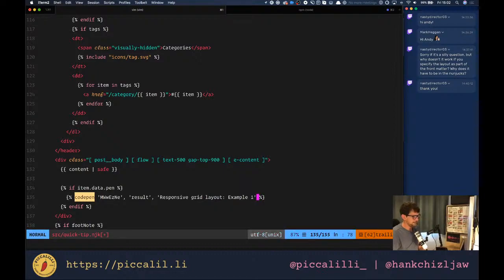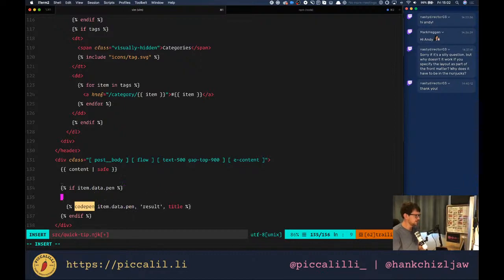And then we'll change the title to be, I should have got title order. Result, yeah, it should always be the result, and then we can pass the pen in, and then we need to set as code pen equals true, and what that does is it loads the